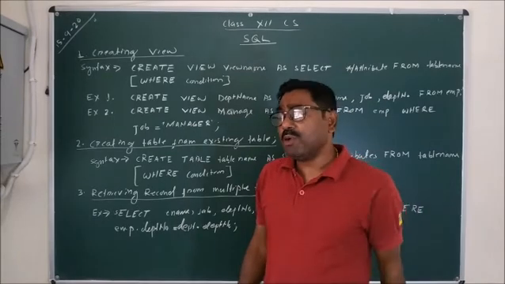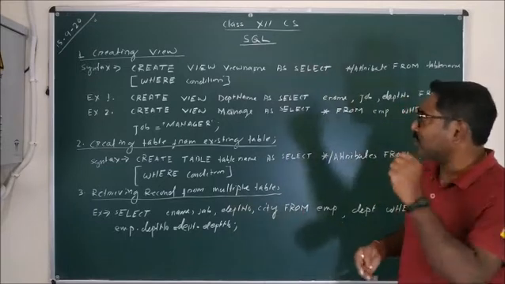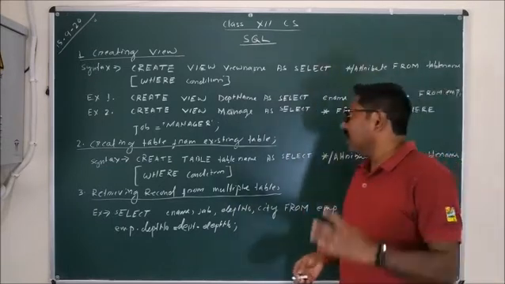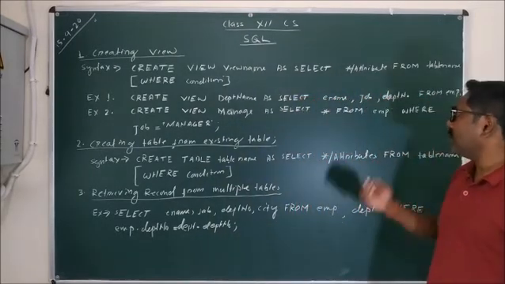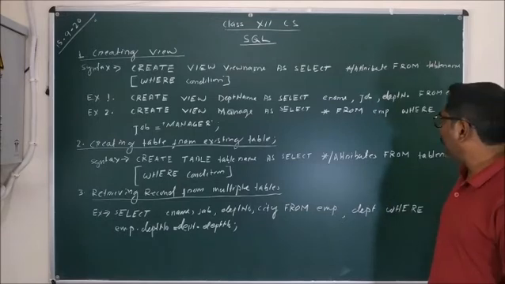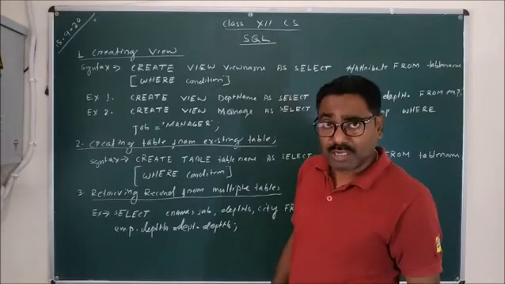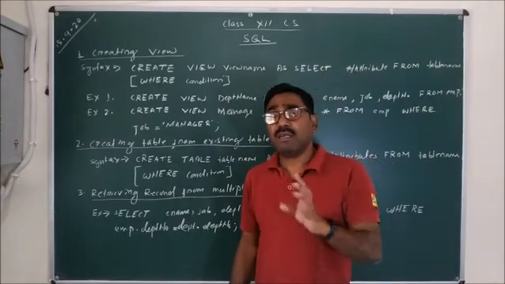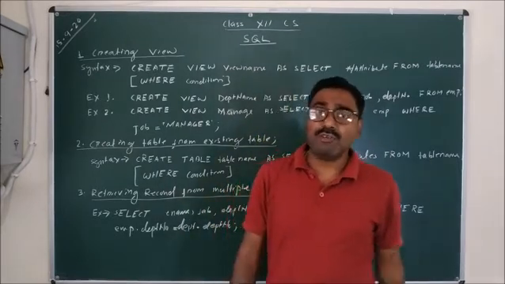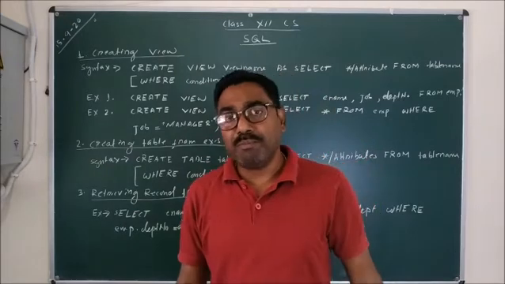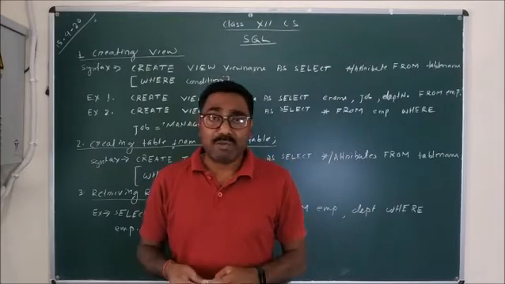For example, we have two cases here. In the first case, we are creating a view in which we want to display only the employee name, job and department number of all the employees. Here also I am taking the same EMP table, because from the beginning I am giving all the examples according to the EMP table. Along with the EMP table, today we will use one more table, the department table.